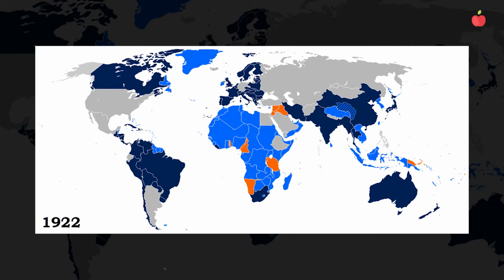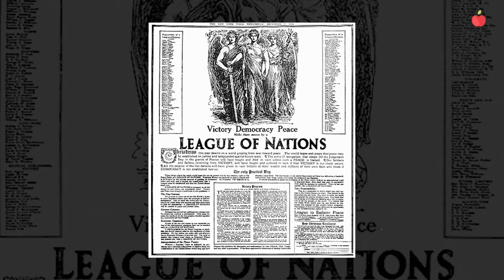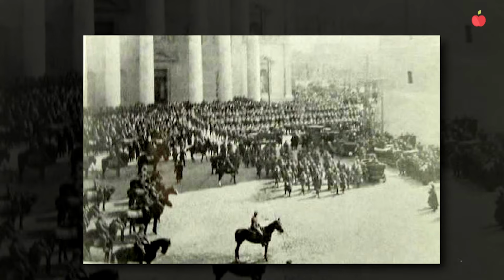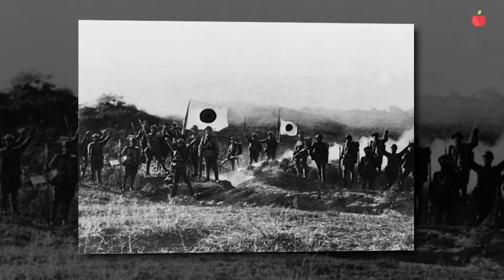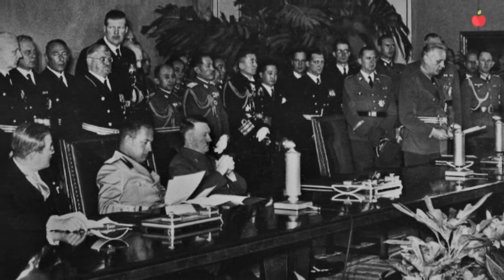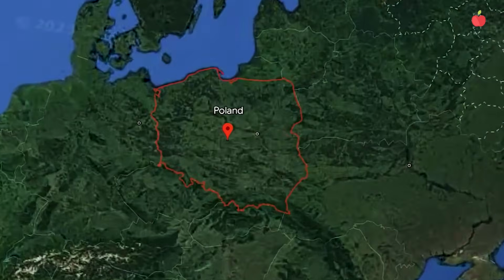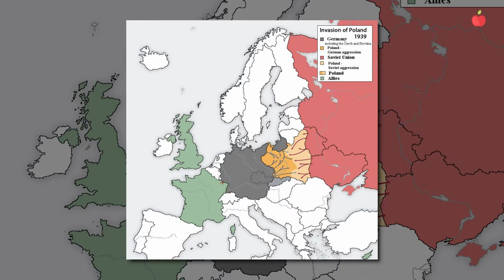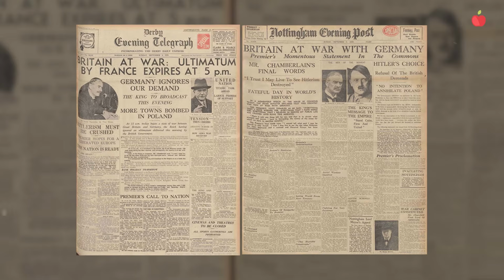The League, established after World War I, was expected to promote collective security, and prevent future conflicts. However, its inability to enforce its resolutions, lack of unified action, and the withdrawal of major powers, weakened its authority, and exposed its flaws. As a result, the Axis powers, composed of the Tripartite, Germany, Italy, and Japan, were left unopposed. In Europe, the war against Germany began with its invasion of Poland on September 1, 1939. Britain and France honored their alliance with Poland, and declared war on Germany.